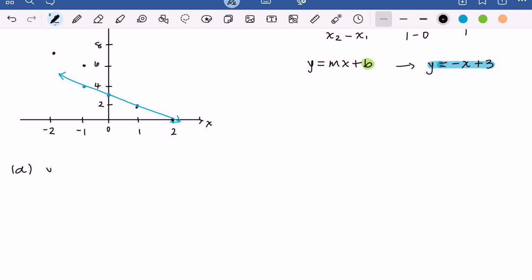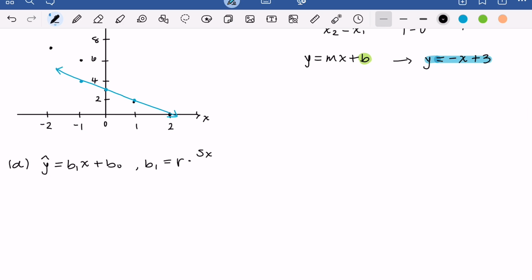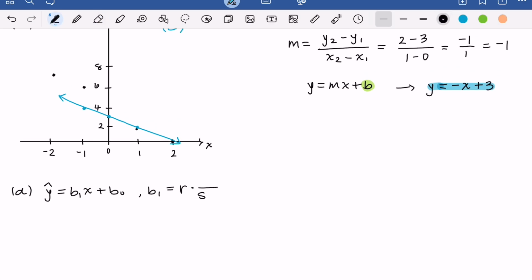Now that is given by this y hat here, and it's equal to b1 times x plus this b naught, where our value for b1 is going to be this correlation coefficient r times our standard deviation with respect to our x variable divided by our standard deviation with respect to our y. I'm actually going to write the subscripts a little bit smaller so it's clear. Okay, and then our b naught value is going to be